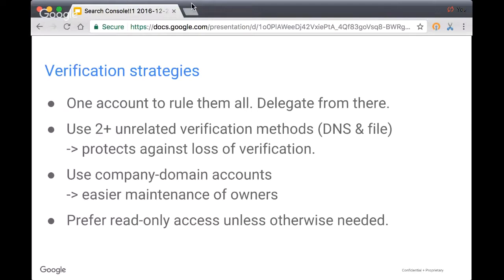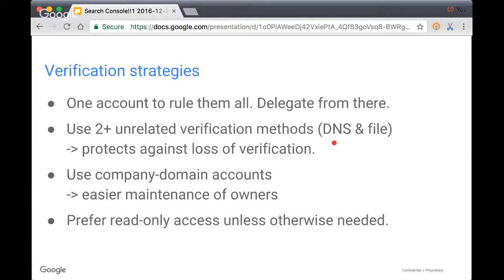And for that account, if that's the main account that you're using, make sure you're using 2 or more unrelated verification methods so that if one of them fails, the other one will definitely still be there. So a common possibility could be to use DNS and file-based verification